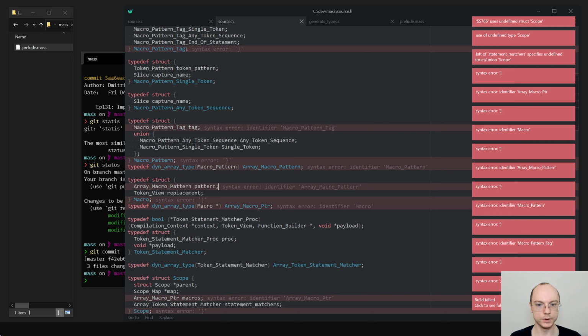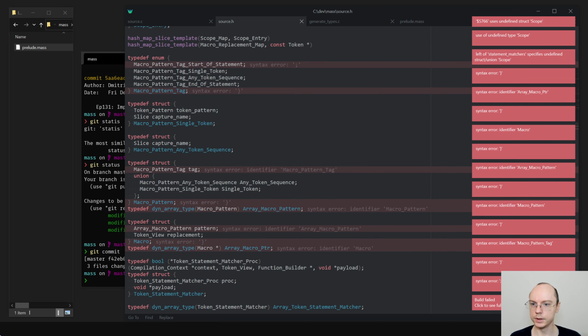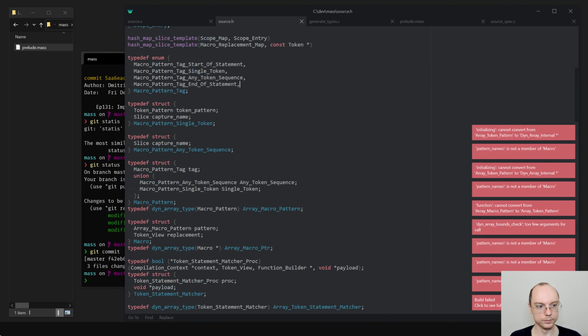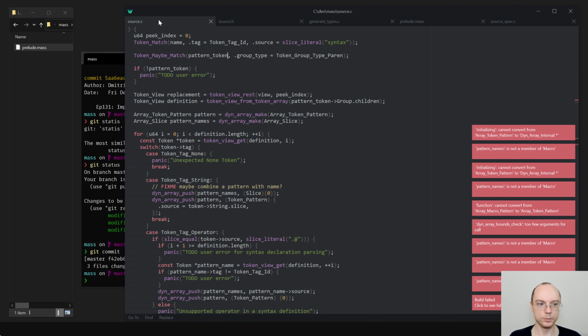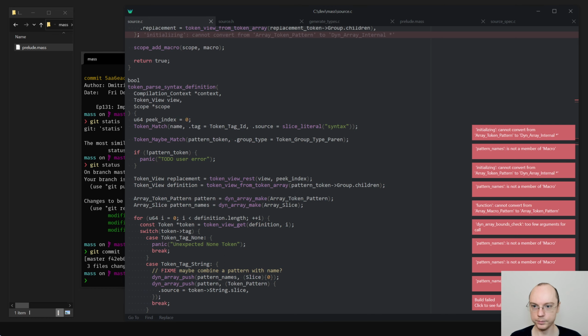So that will cause a bunch of errors. Let's see what is the problem. Oh, the problem is I still can't remember the syntax of C. That's okay. Yep, now that's much closer to what I expected to happen.